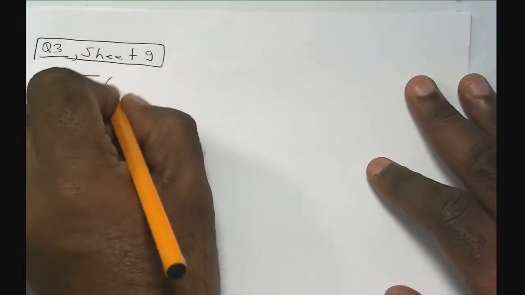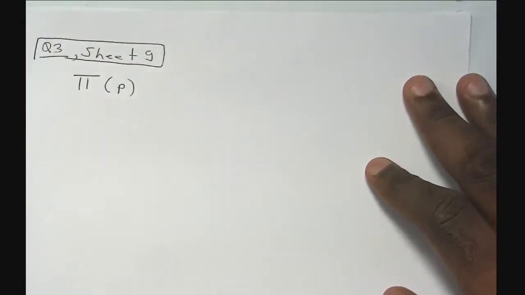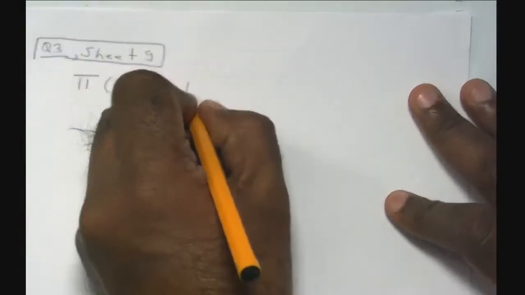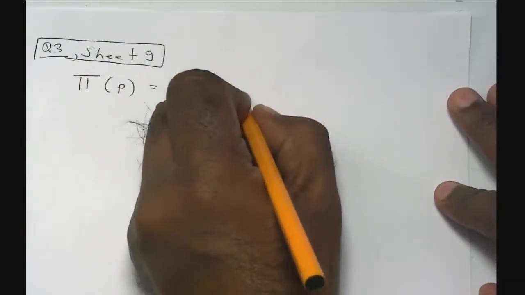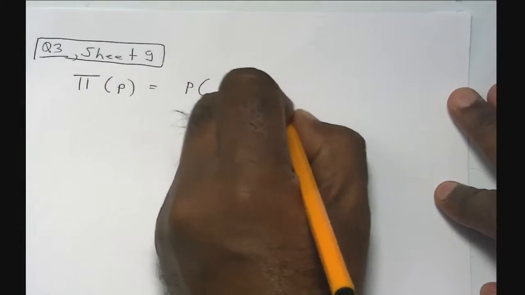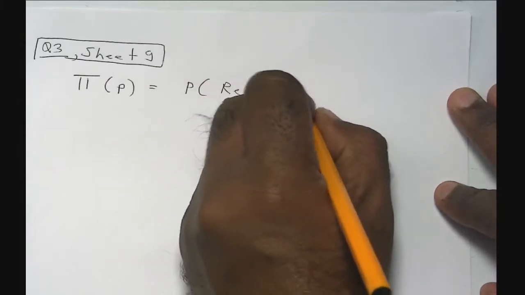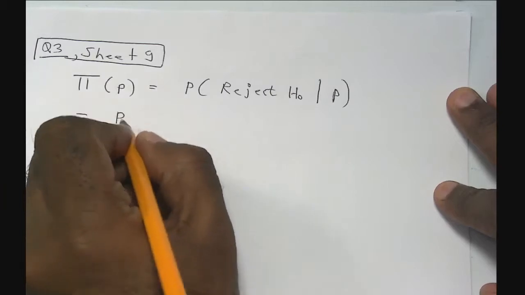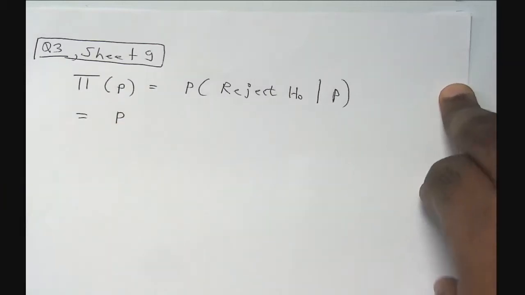So here the power function is a function of the parameter p. P is the proportion, right? So once again, by definition it is... Right. So now for the given hypothesis, if you look at this